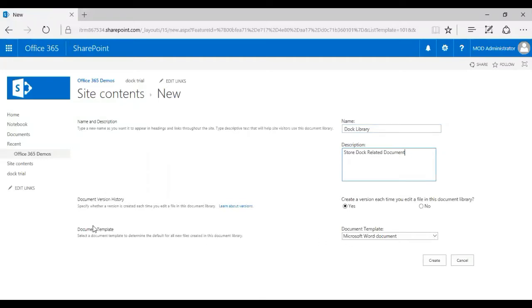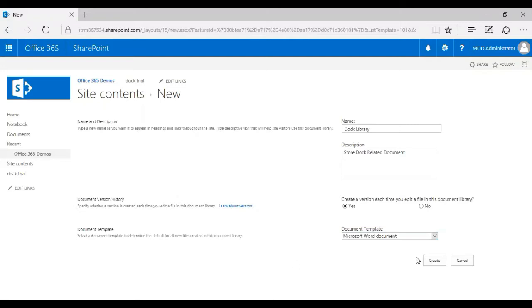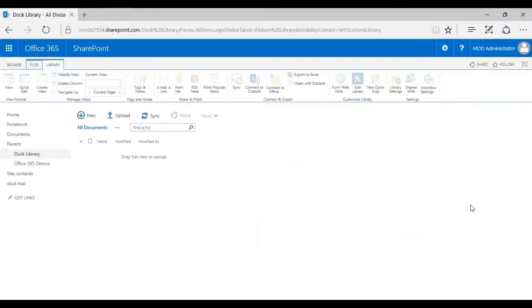If you want to have a document template, these are template versions, like Microsoft Word, Excel, PowerPoint. So I'm going to go with Microsoft Word document as the default, and click on create. There you go. So right now I have the document